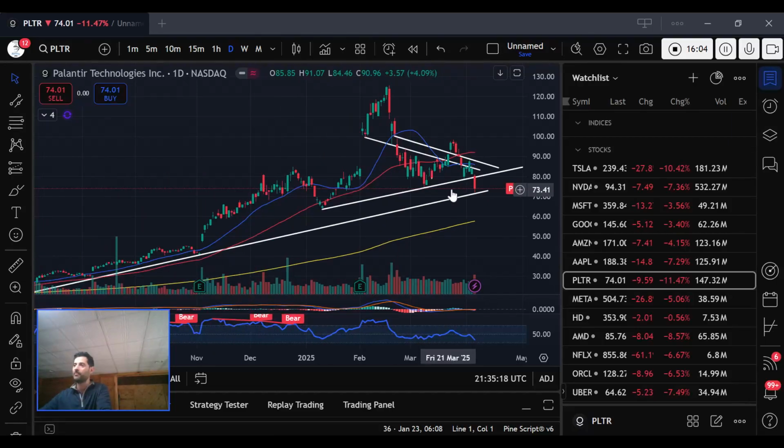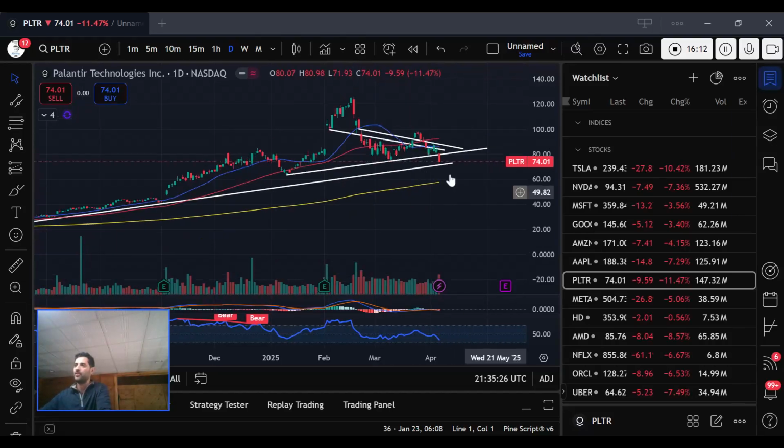There is a little bit of support here. We probably will get a bounce back into $80, but I think that's it. I think it's game over for Palantir. This thing's got to reset back into the mid 50s, and I've said that in the last 3-4 videos that I expected Palantir to come in. So again, if we get a market rally, we'll get a little bit higher in Palantir. But this move from 126 down to approximately $80 is $45, and $45 from this high cuts it in half. So eventually, guys, expect Palantir to be back in the mid 40s.